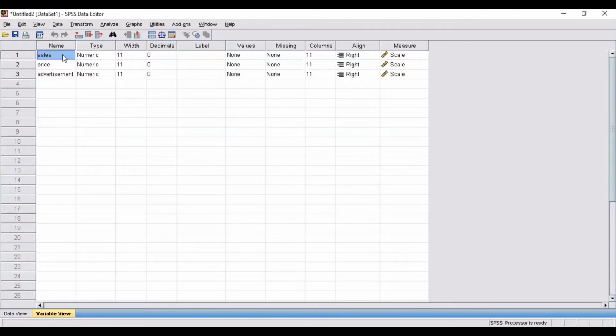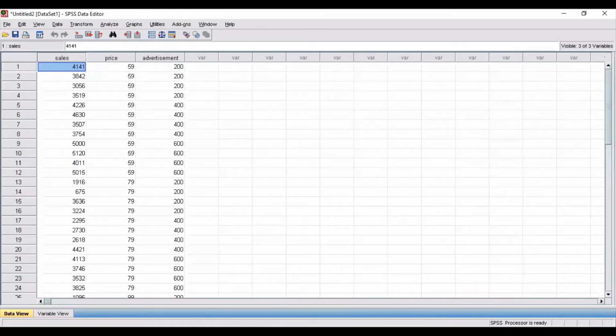As you can see, in my data set, there are three variables: sales, price, and advertisement, wherein sales is the dependent variable and price and advertisement are the independent variables. All these three variables are numeric in type and their measure is scale. Now, to run multiple regression analysis, the steps are as follows.